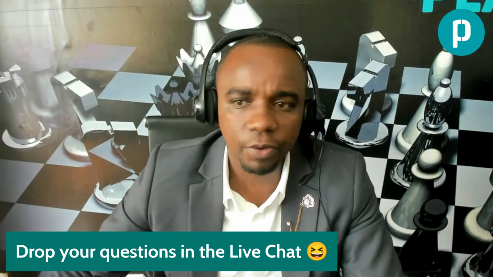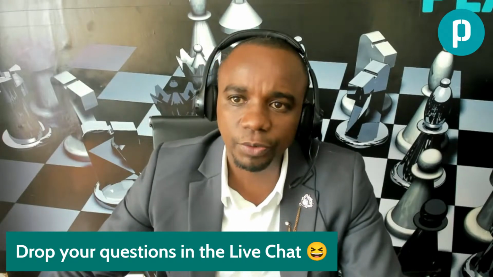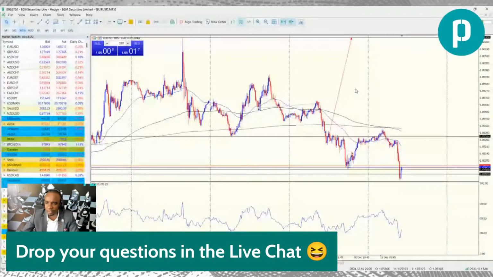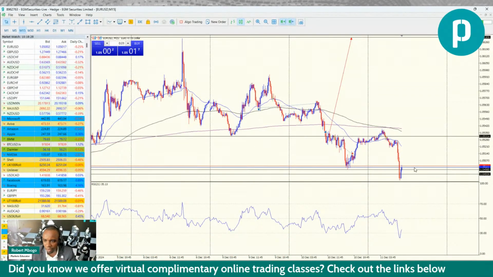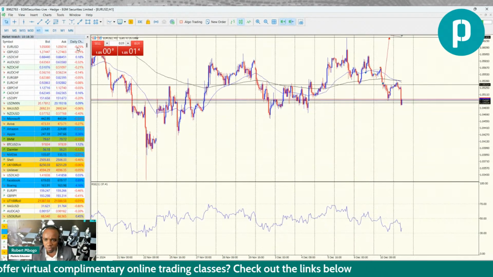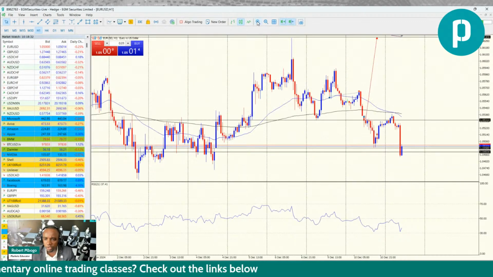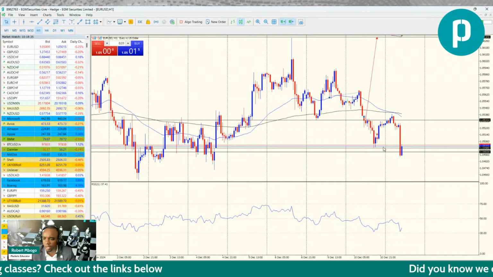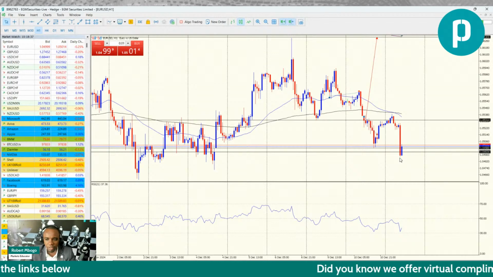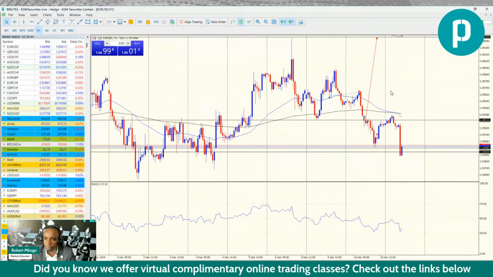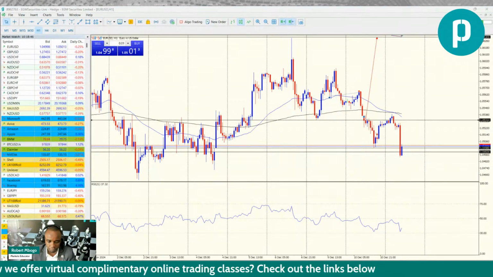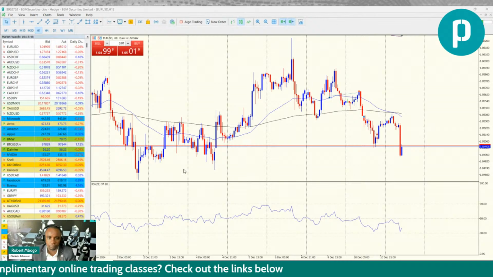Now, Euro USD, we were looking at a bullish push. So clearly this trade didn't play out as anticipated. I remember yesterday someone asked about a gap. You can remember this gap. It has already closed. This was on H1. I drew this gap yesterday, and we can see that gap has closed. Could this mean that now we are looking at a bullish Euro USD? So let's remove this analysis and seek opportunities.